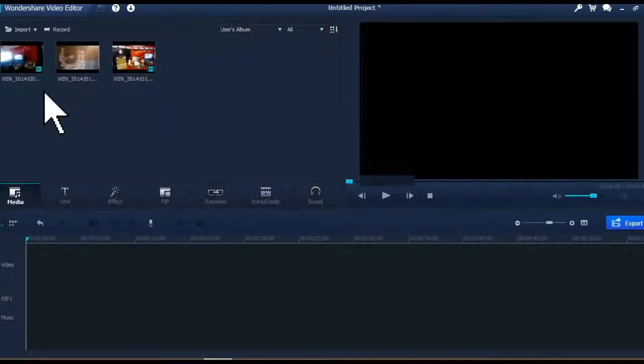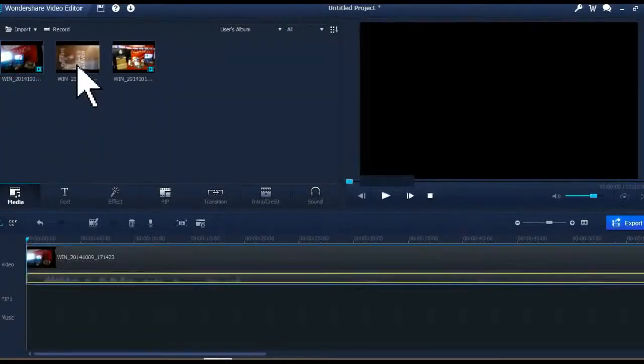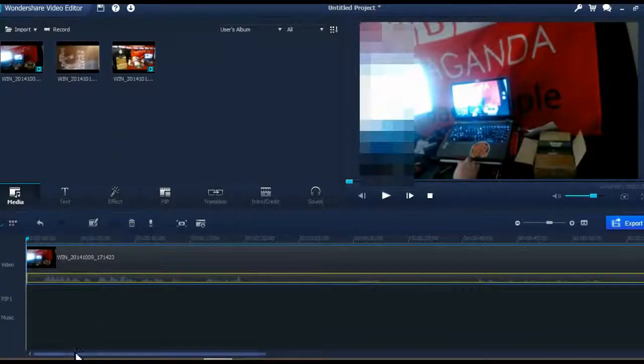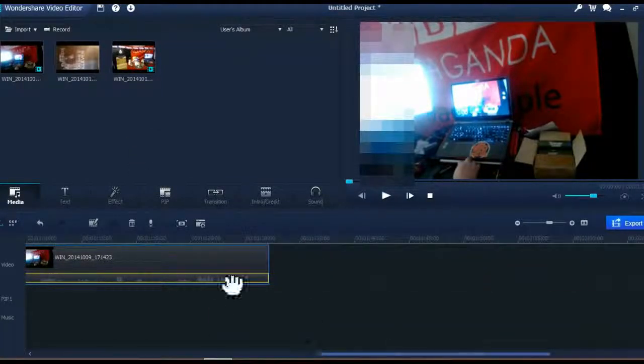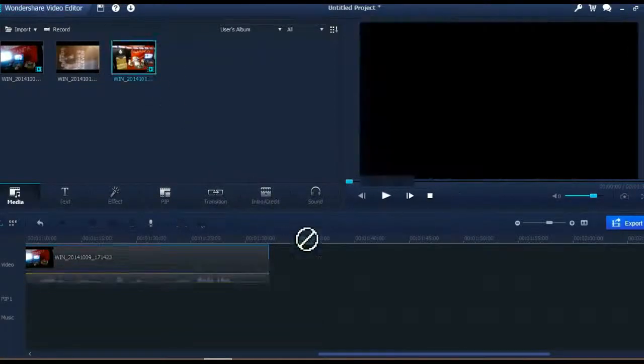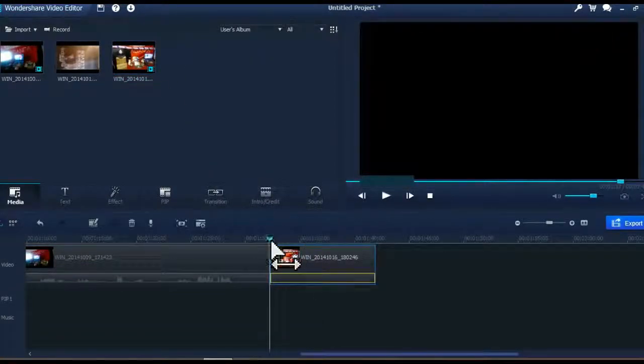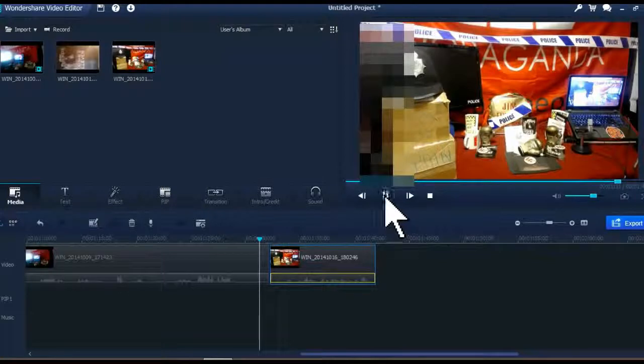Transitions. Now then, let's go back and put a couple of bits of media file in. Say you want to do a transition between two different bits of video, or you just want to split one video and put a transition in between. But we'll do it with two different separate ones. Right? So we've got that video file and that video file. So at present, once that video file finishes,